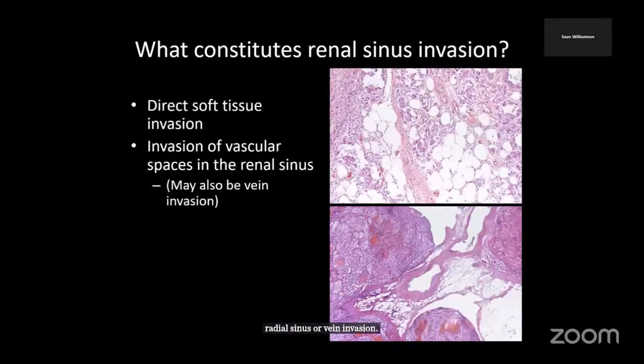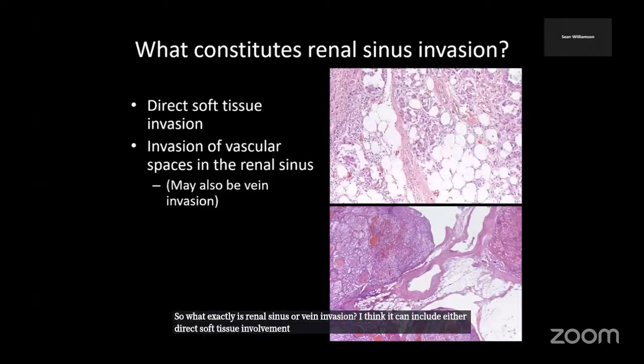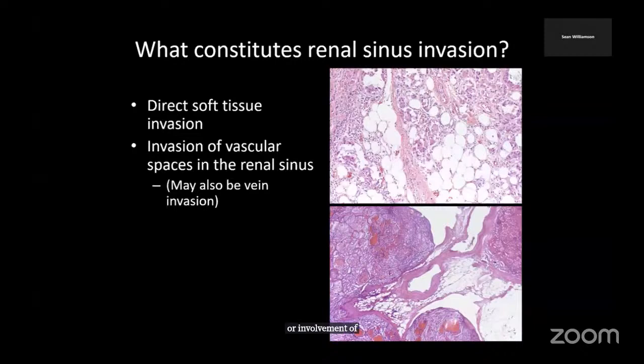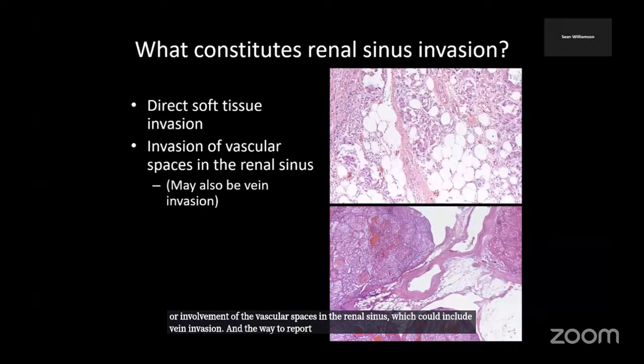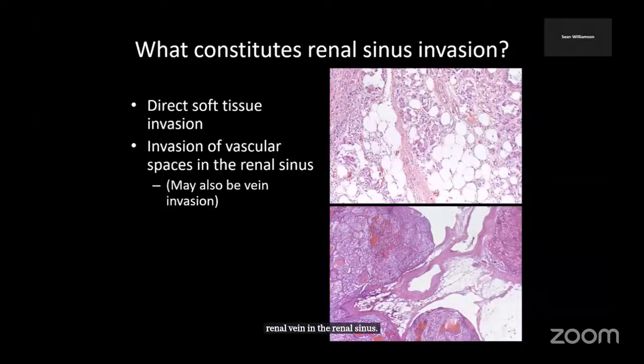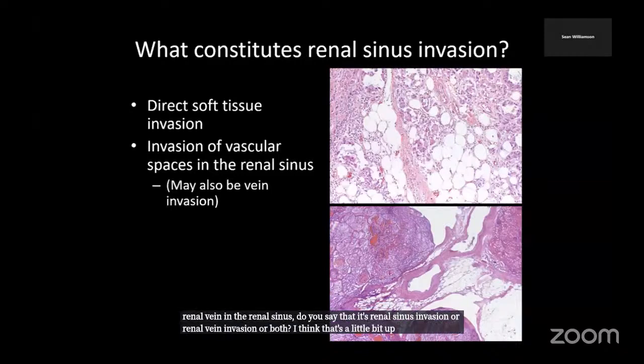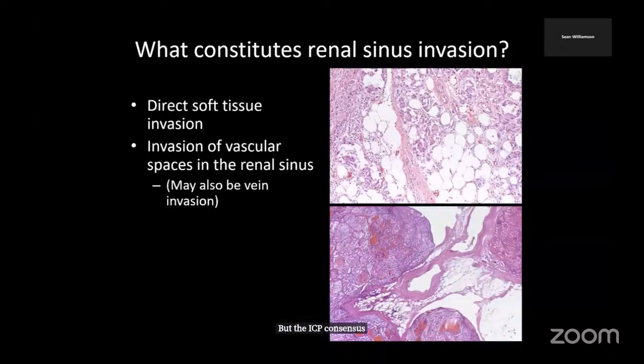So what exactly is renal sinus or vein invasion? I think it can include either direct soft tissue involvement or involvement of the vascular spaces in the renal sinus, which could include vein invasion. And the way to report this, I think, is a little bit up to interpretation. When a tumor involves the renal vein in the renal sinus, do you say that it's renal sinus invasion or renal vein invasion or both? I think that's a little bit up to the individual how to handle that. But the ISUP consensus several years ago agreed that tumor, even microscopically within the renal sinus, would also count as